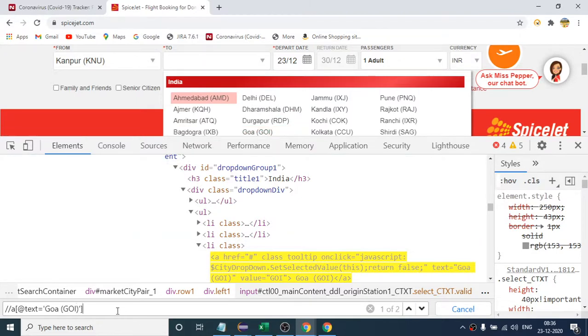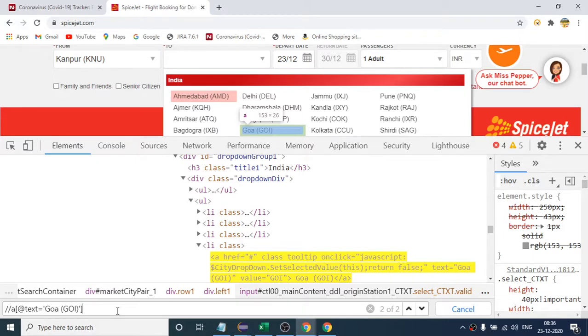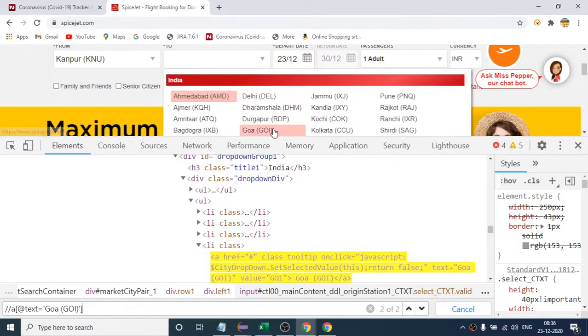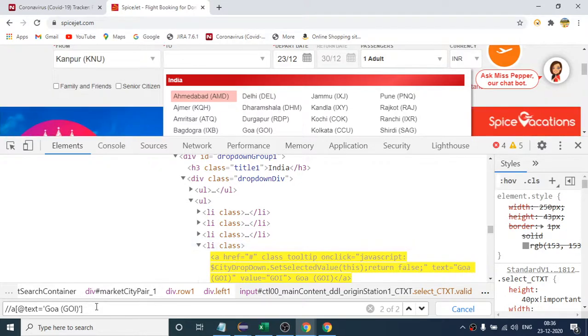So if I write the same XPath, I will get two matching elements, right? This is our first one, and this is our second one. The second one is highlighting this, right? So what I'm saying, once you click this, if you go to any city, you will get two matching nodes if you write your XPath like this, right?